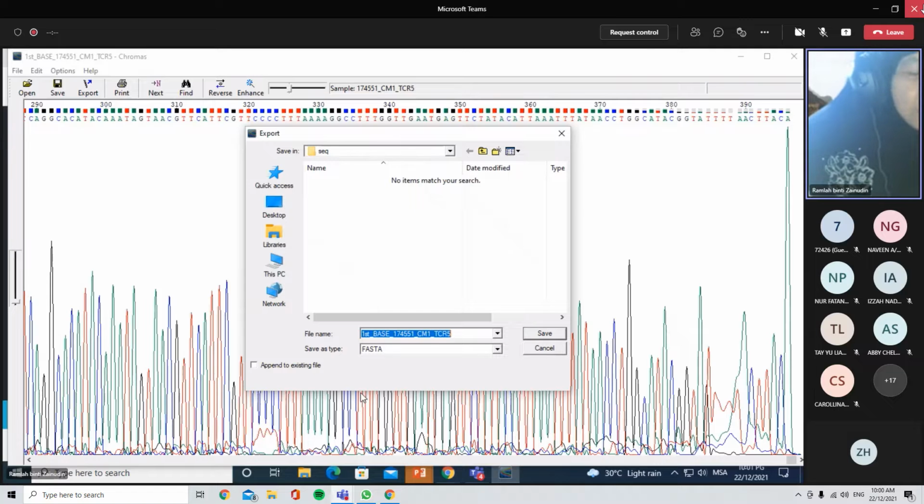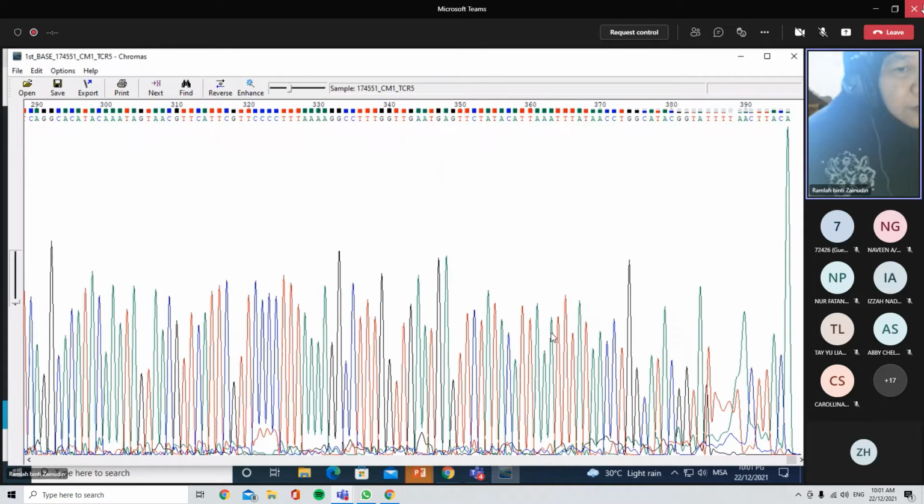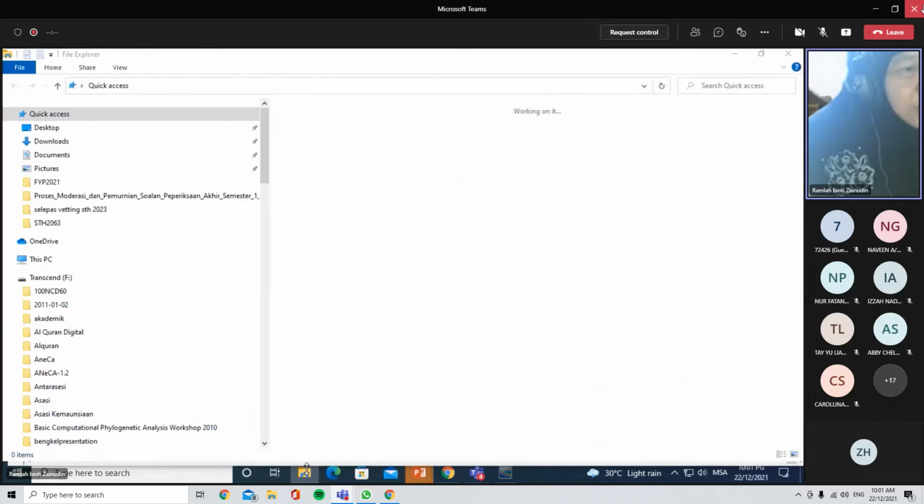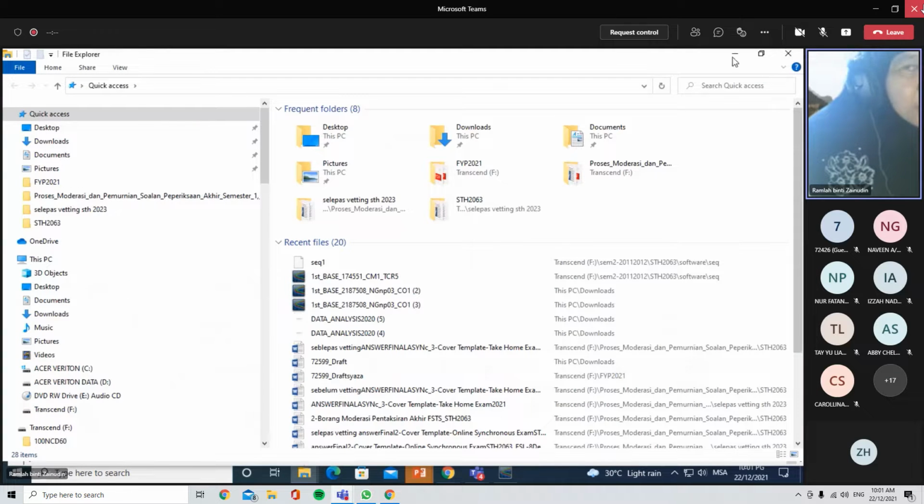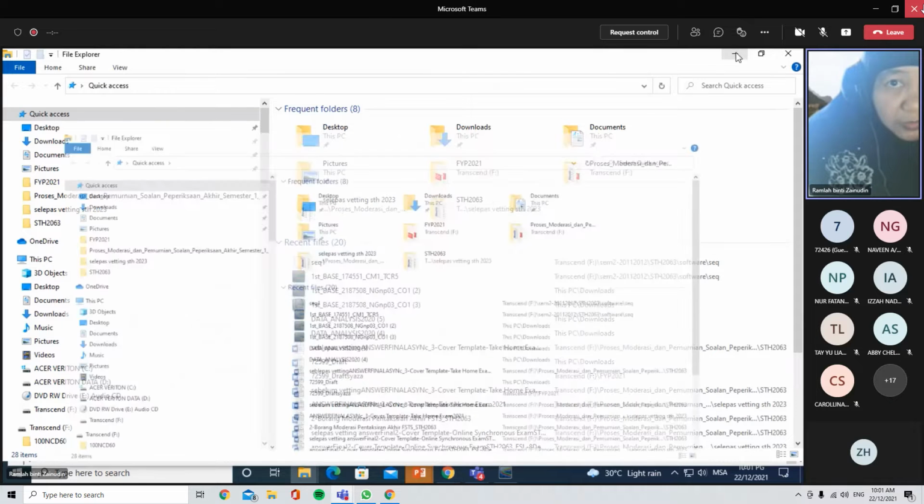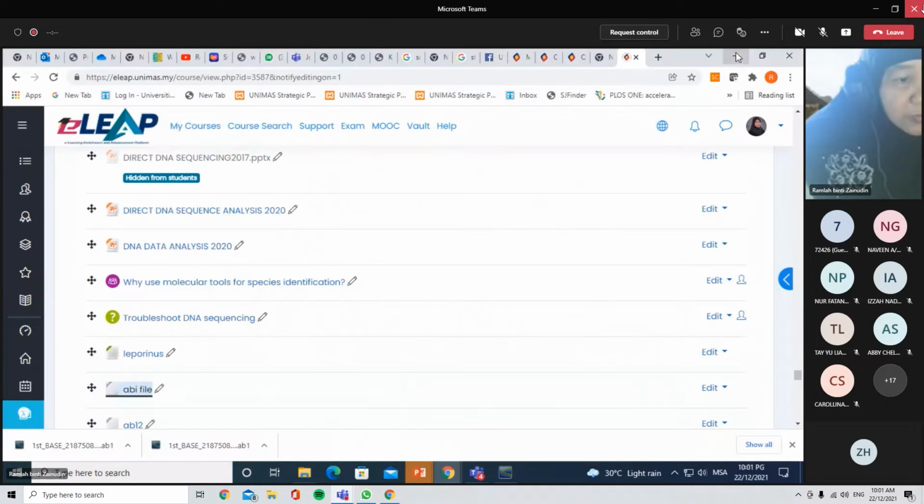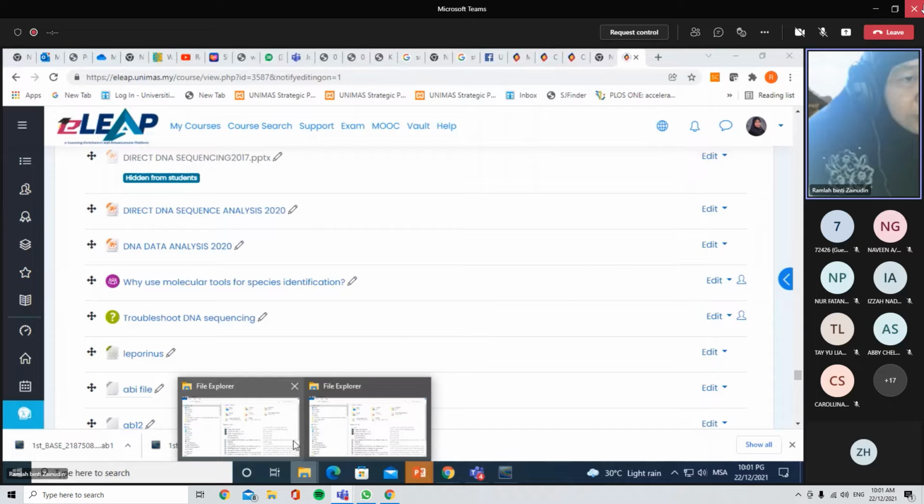So letak nama kata sequence A. Okay, satu, save. Okay, then how do you look at dia punya apa ni, mana saya punya, dia punya apa nama ni,